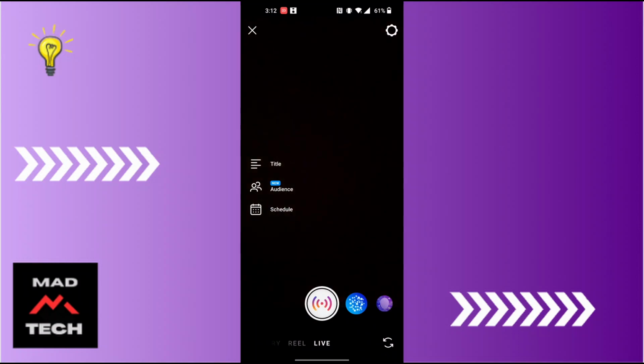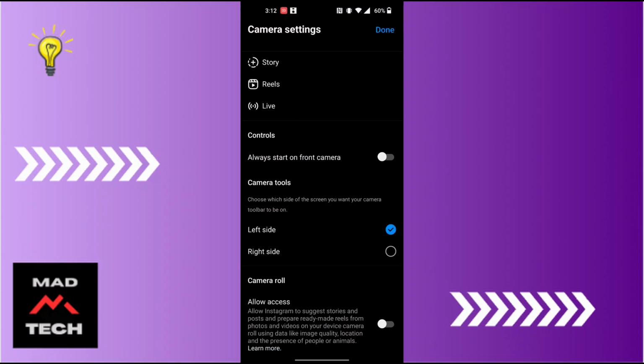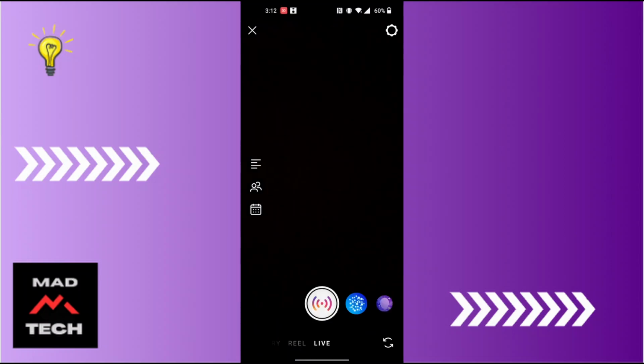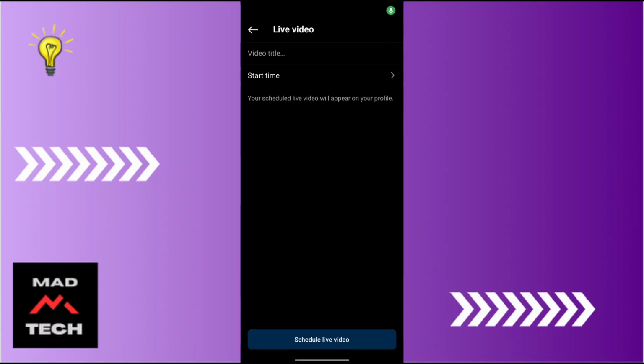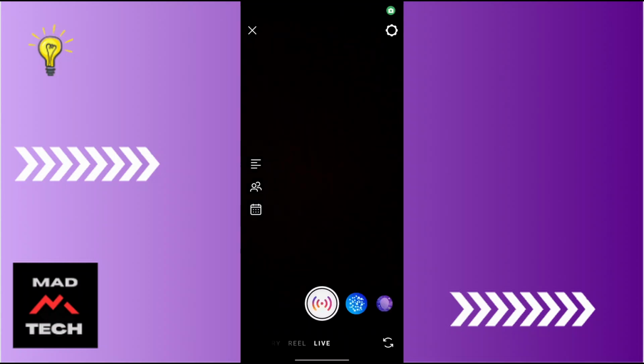And you can see, guys, you can choose your preferences by tapping at the top right corner of the screen on the settings. Go through these options according to your preferences, and after that you can see your audiences over here. You can see all of these options available for you,